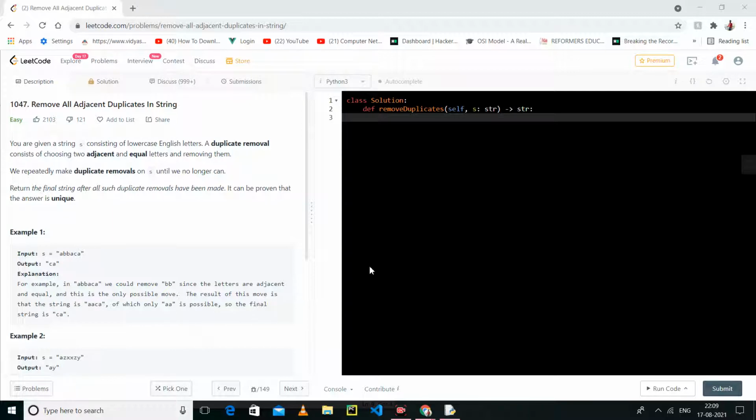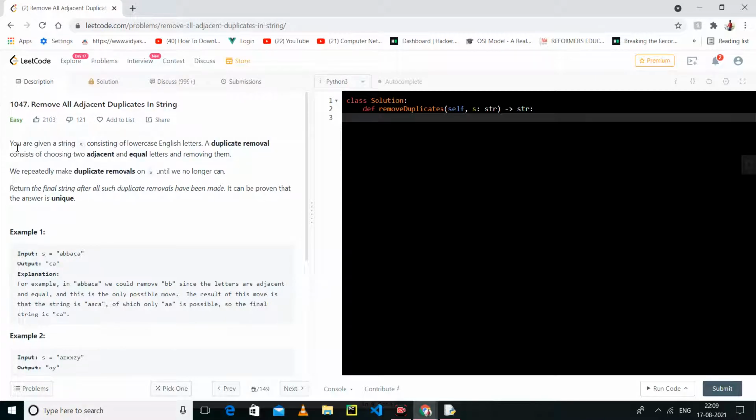So in this playlist, we will solve our next question, that is remove all adjacent duplicates in string. And this is an easy level question. The previous question I have skipped because that is a very easy question, the square of a list, in which you just have to square it, sort it, and return it. So that is very easy, and we will solve this question.